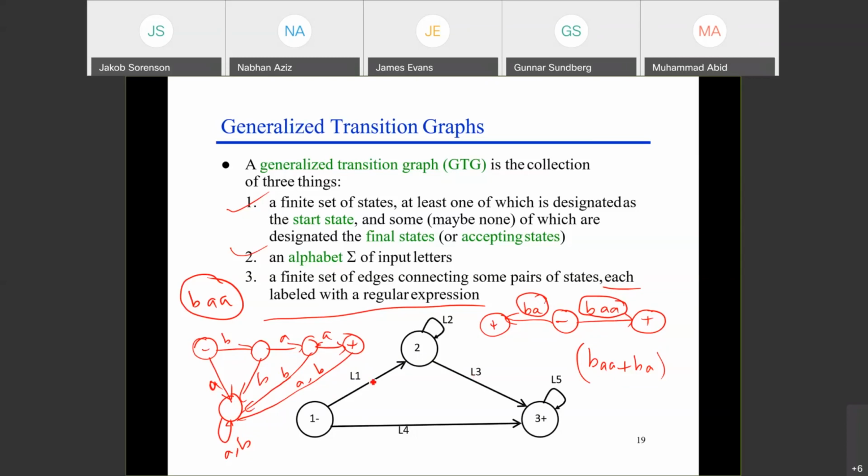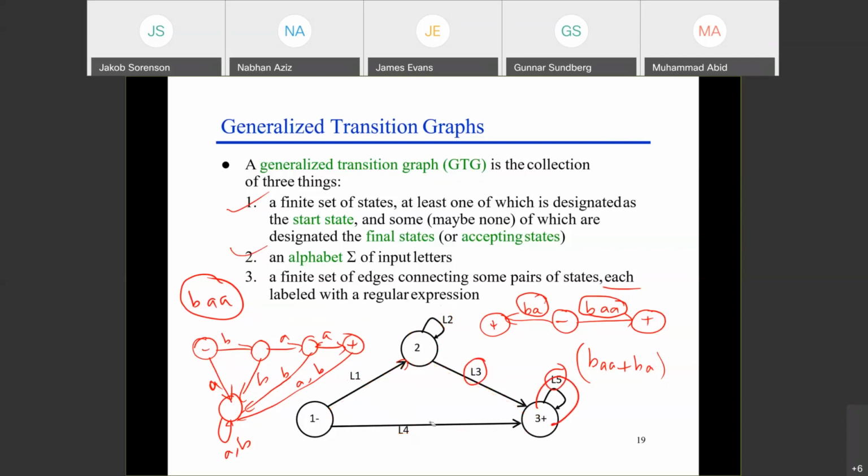Look at this one. If you have a TG, from here to here, if this is a regular expression, it might represent one language. This is another self loop, it might represent another language. All these are regular languages. So can you see, this is the scope of your TG. FA will only represent one language. TG may represent one language at one edge, and another language at another edge, and so on. So TG may represent more than one regular language by one diagram. Okay, so that's the idea behind that.